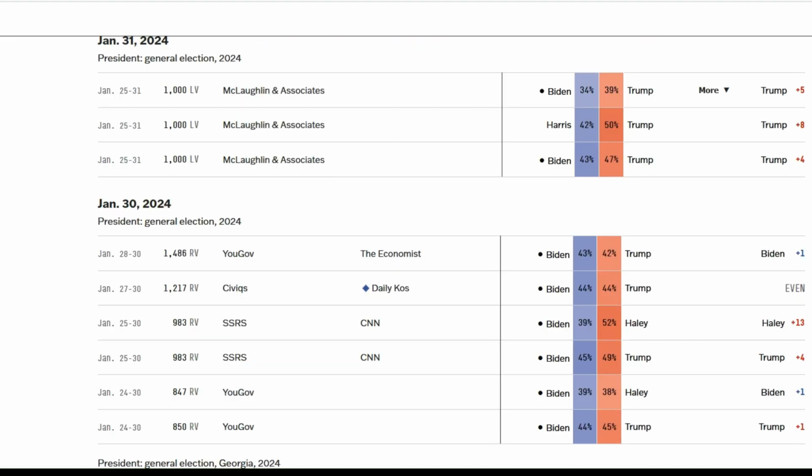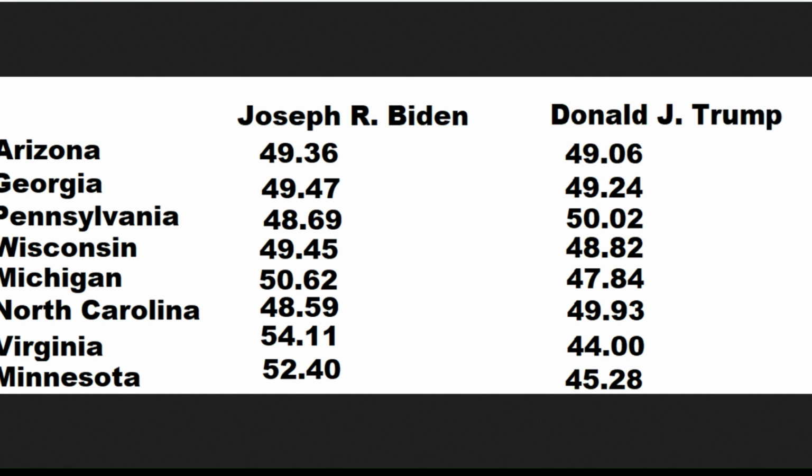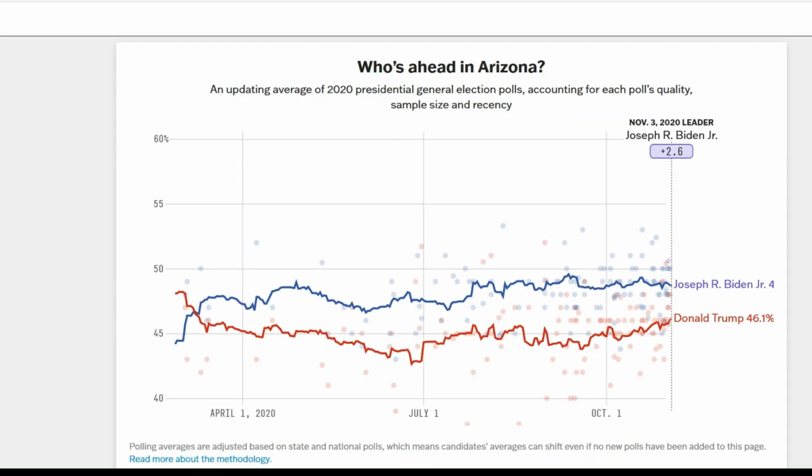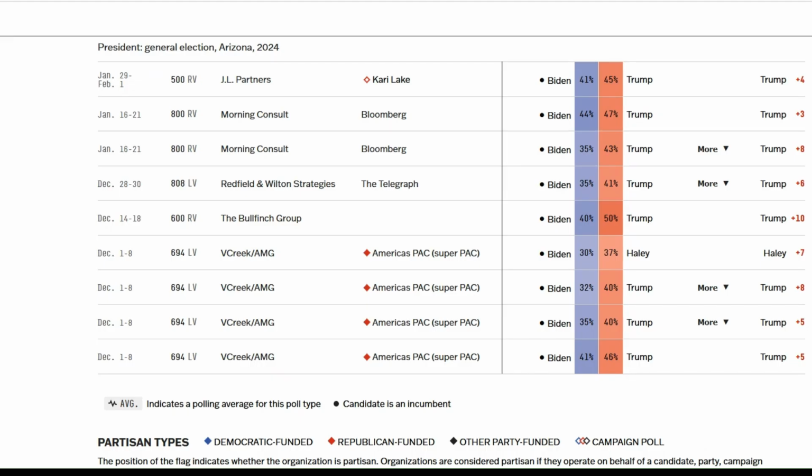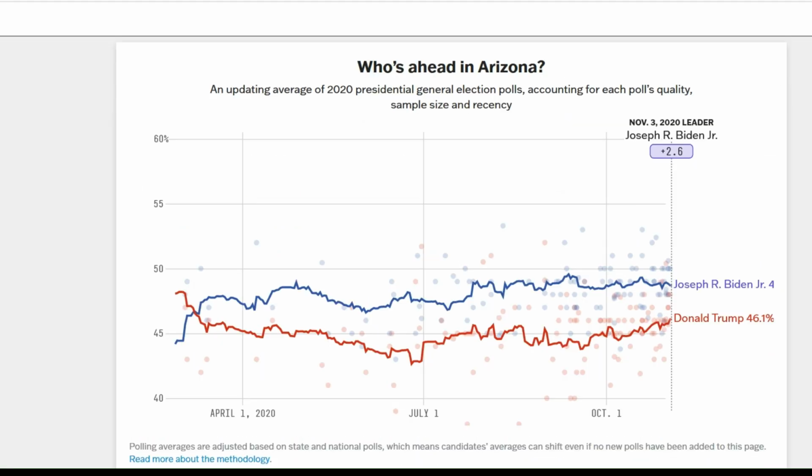Now let's take a look at some of the closest states in the 2020 election. Taking a look at the state of Arizona, this was one of the closest states. Biden led Trump by 0.3% of the vote when all the votes had been counted. Although in the polling data in the lead up to the election, it was a little bit different. Biden was leading in most of the polls by 2.6%, whereas in the actual election, he ended up leading by 0.3%. That's a margin of error for that particular poll in the state of Arizona by around